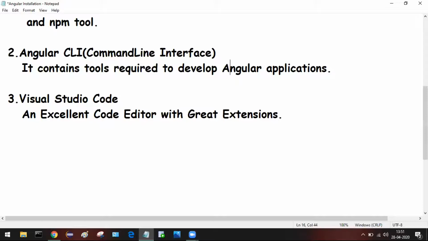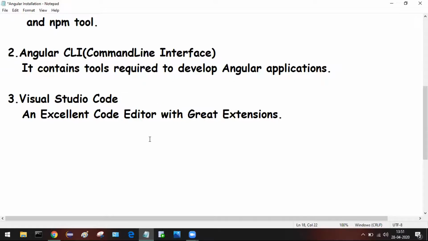And then we are going to need an editor. In my case, I'm going to use Visual Studio Code, and you can use any of the editors that are available in the market, that is up to the user or developer. Visual Studio Code is an excellent code editor with great extensions for our productivity.